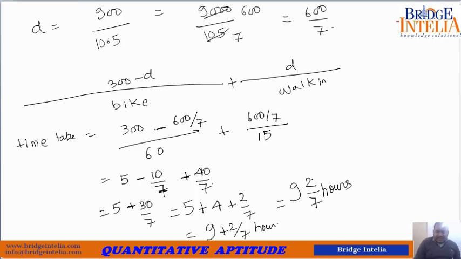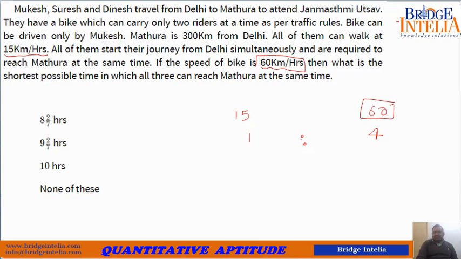Fine. Since this was the first time we were having a look at this question, it may appear lengthy to you, but these kinds of questions have been asked many times. All the questions that we are dealing with are straight from real question papers. So the final answer would be 9 2 by 7 hours. That was all about relative speed, and we have already seen some good quality questions. The remaining questions you can refer to from the course material that will be provided.